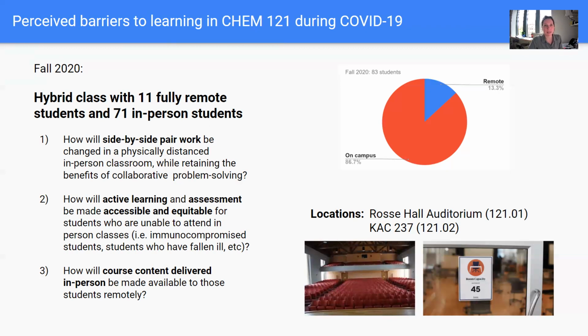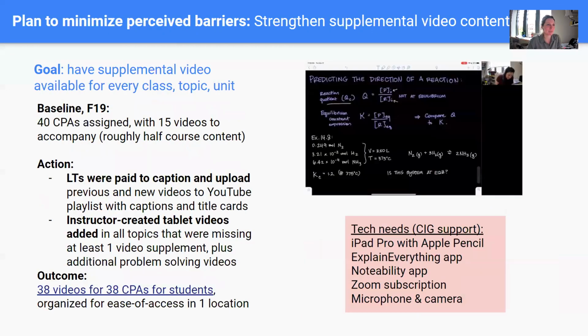So I'm also highlighting here the space restrictions I was under. I was teaching in Ross Hall Auditorium where we had no desks and my students were kind of in the dark of the auditorium and I couldn't really see their faces. And then the other section was in CAC 237. So a large room not built for having a class in it and difficult to get to know them, although better lit, so I knew them a little bit better by appearance.